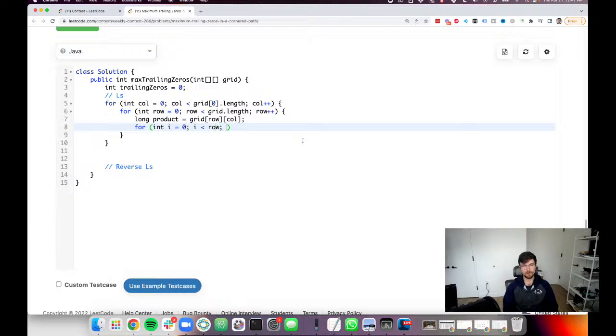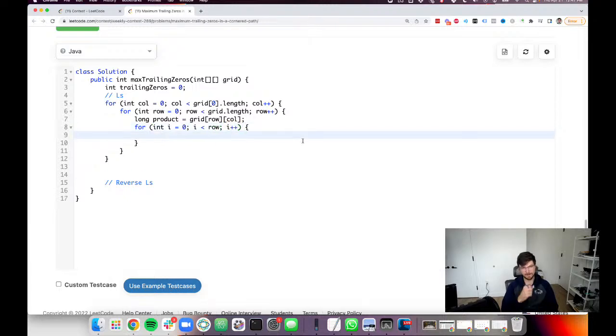So row I plus plus. Times equals grid I. This is weird. I column, and then we do